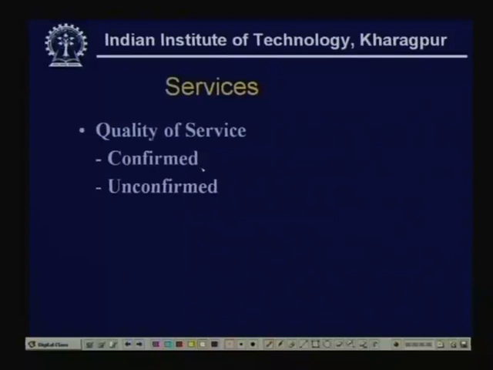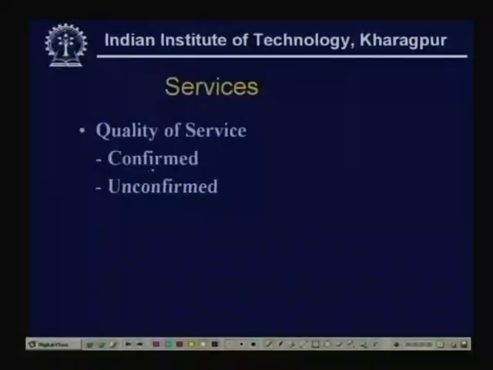After sending a letter, if we want to know whether it has been delivered to the destination properly, then it has to be a confirmed service. For example, whenever we send a letter with registered acknowledged mail, we use that acknowledgement card, and after receiving that acknowledgement we know that the particular packet or letter has been delivered to the destination. In such a case we shall call it confirmed